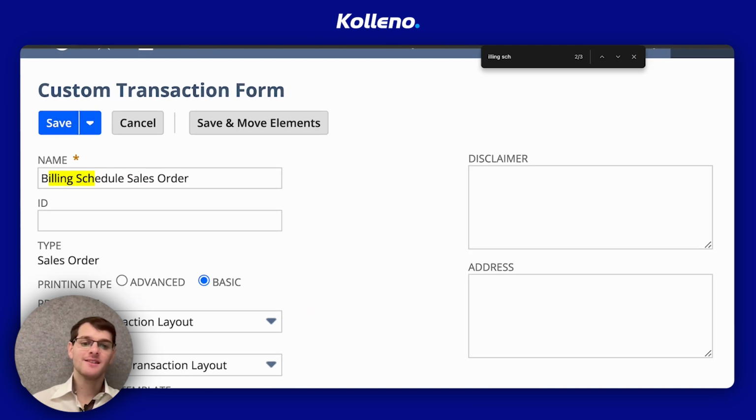Now, when you select this custom form in transaction, you'll have the option to apply a unique billing schedule to